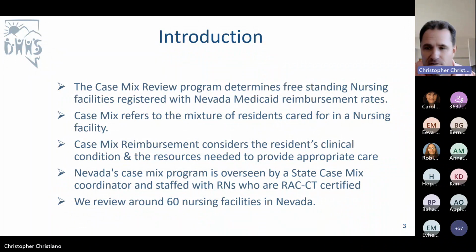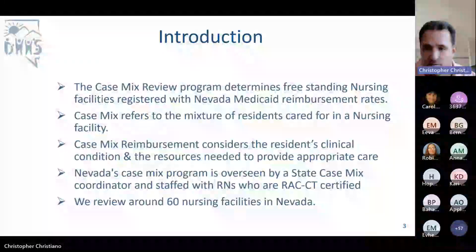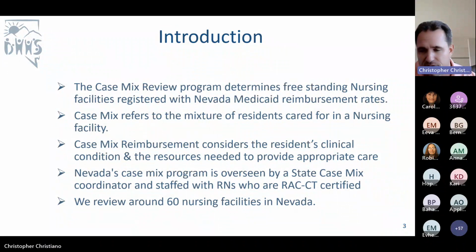Nevada case mix verification review nurses conduct reviews, as I said previously, in freestanding nursing facilities only. The reviews are determined to support the accuracy of that coding, previously RUG 3, which is now going to be PDPM in the future.